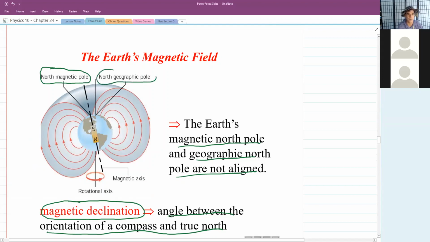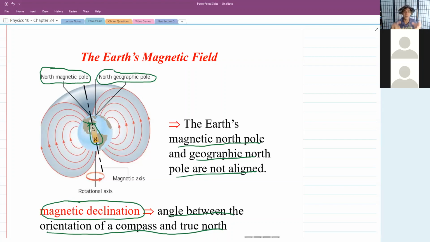The north geographic pole is sort of true north. So you have to be aware that your compass is not pointing to geographic north, it's pointing to magnetic north. The reason it points to magnetic north is that the Earth's magnetic field looks as if there's a giant bar magnet buried deep inside the Earth. And that bar magnet has its magnetic south in sort of the geographic north region. Again, this is just how the Earth's magnetic field is right now. 500,000 years ago, it would have been completely different. Compasses would have pointed in a different direction.